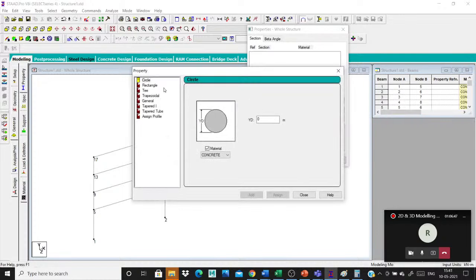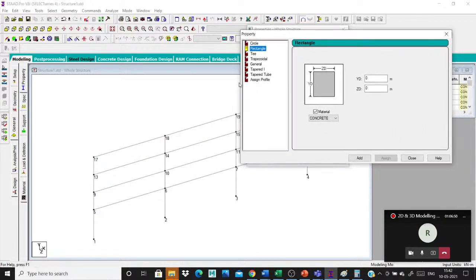Then rectangular. I simply select the same sizes for all the columns. The width is 0.23, our depth is 0.3. Based on trial and error only. Based on trial condition, I provided the column size width 0.23, our depth size is